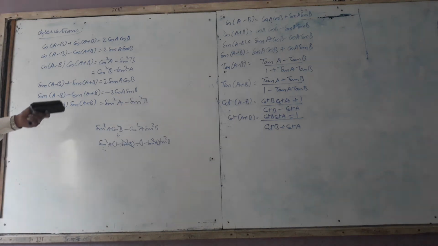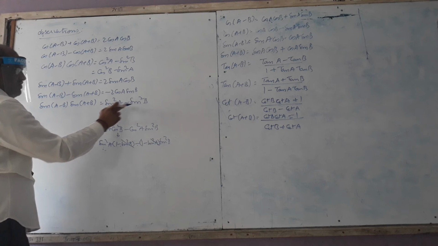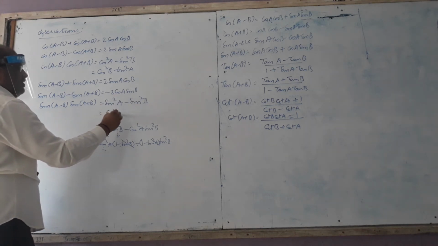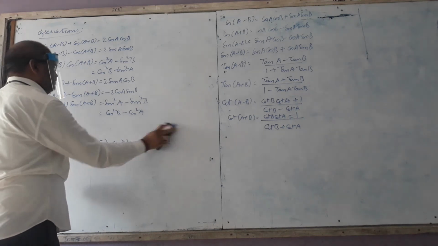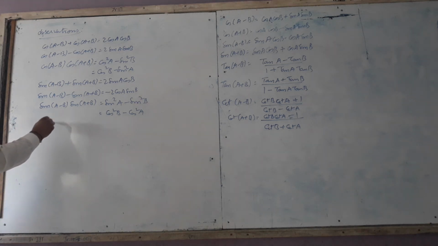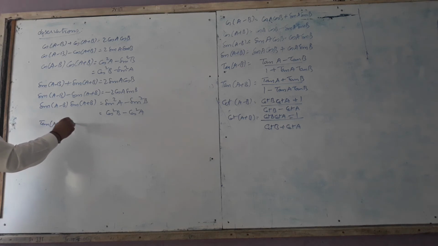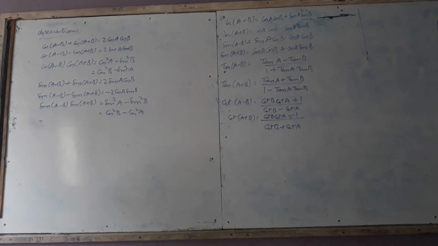We can also write in terms of cos square. That is, write 1 minus sin square, 1 minus cos square, becomes cos square B minus cos square A. See that? 1 minus sin square A minus 1 plus cos square. Right. Tan of A minus B into tan of A plus B: you have tan, cos square, no need. That's all. So write these also.